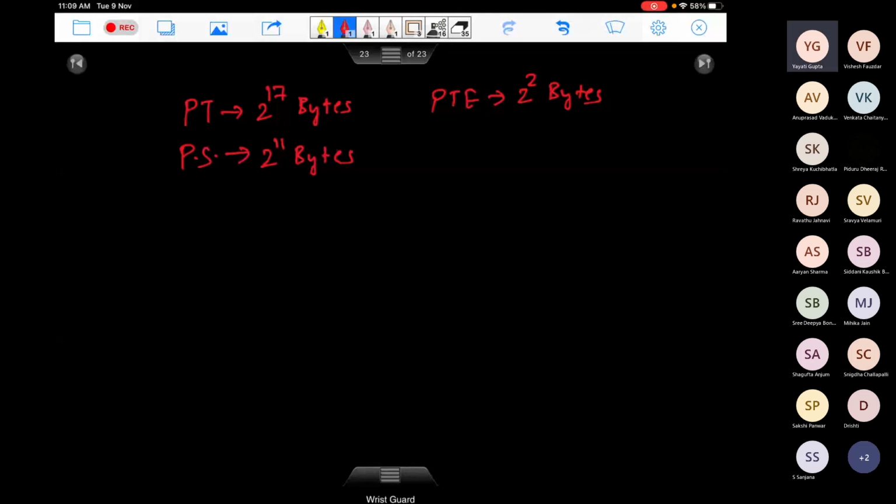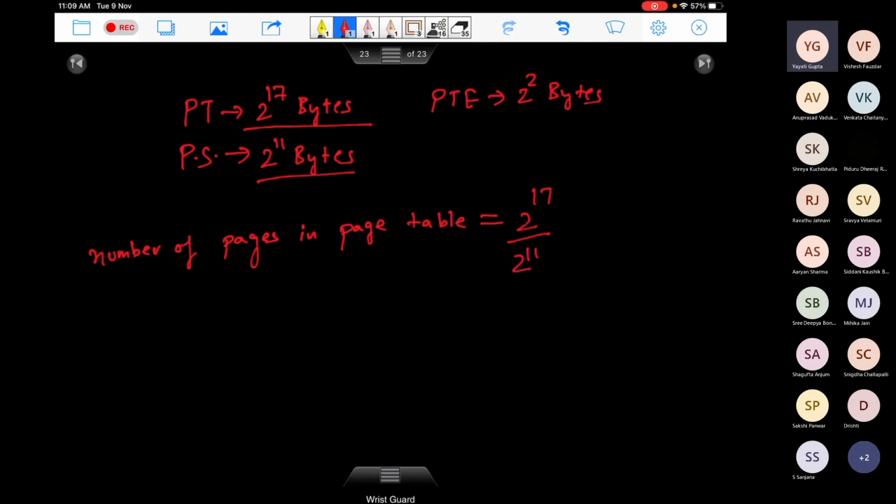So what is the number of pages in the page table? Two to the power 17 bytes. Page size is 2 to the power 11 bytes, right? 2 to the power 17 by 2 to the power 11. So there are 2 raised to the power 6 pages in your page table. Now each of these pages will sit in any particular frame in the memory, and then we'll have another page table, right, which will account for this mapping here.